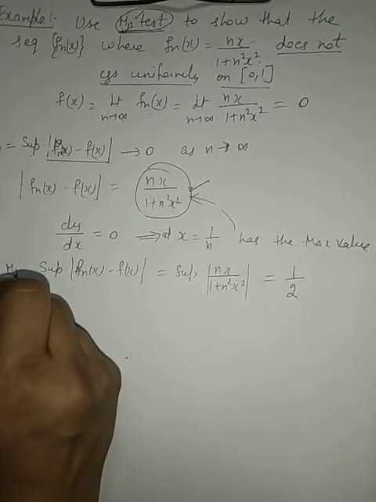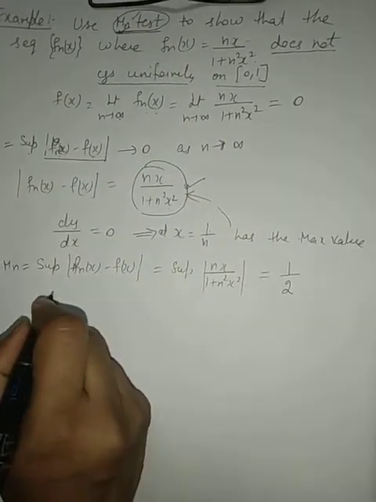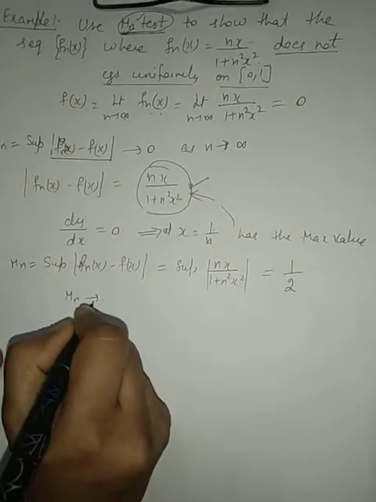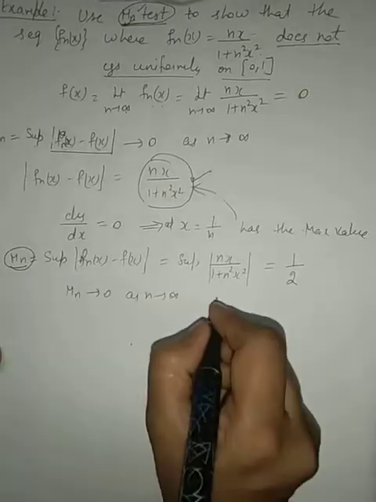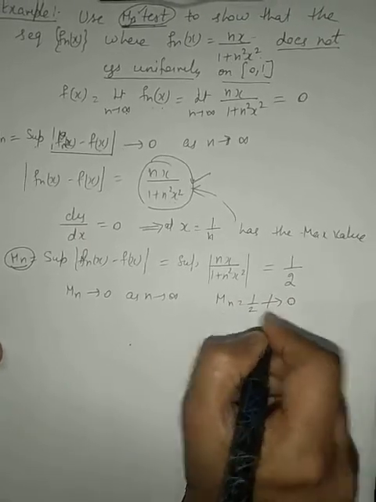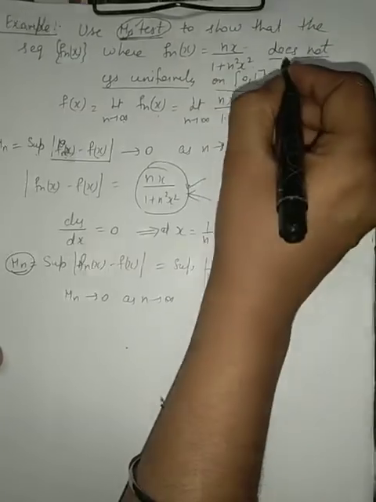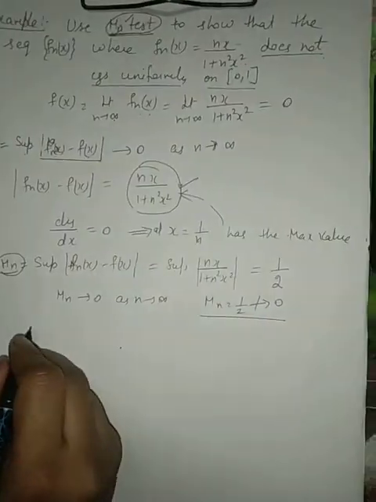Now this is Mn, and by the Mn test we know that the sequence is uniformly convergent if Mn approaches 0 as n approaches infinity. But in this case Mn is 1 by 2. This does not approach 0, hence the sequence is not uniformly convergent. So next question is,